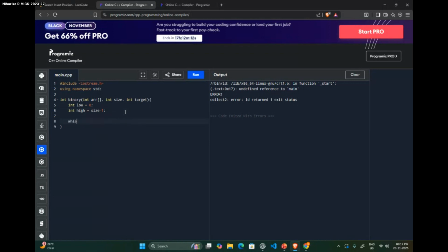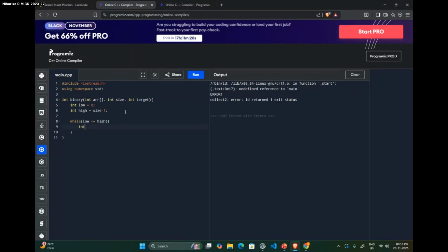And now I'll go to a while loop. While low is less than or equal to high. So what does this mean, guys? While low is less than or equal to high means there has to be at least one element present in the array. If low is greater than high, then there's nothing present in the array, right? So if low is less than high, then there is a low element, the starting index, and there's a high element whose index is more than the low index, which means that there are elements. If low is equal to high, then there is only one element, which can or cannot be the target. But if low is greater than high, then it means there are no elements left.